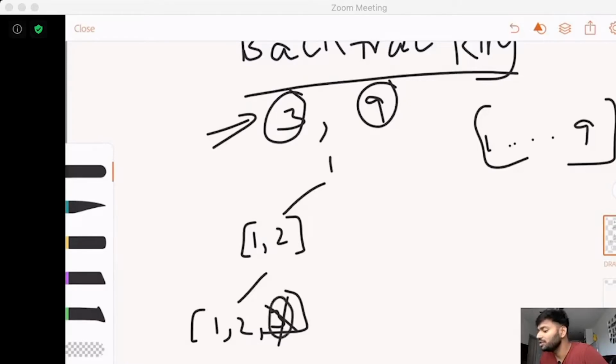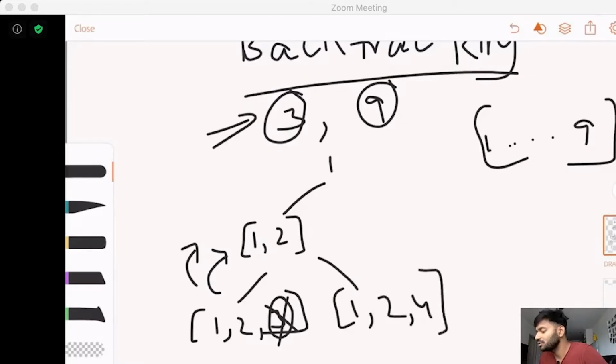You remove 3, because you want to put another number here which will actually add up to 9. 3 does not add up. So in this call stack you added 3 and called backtrack again, and since this is not adding up, you remove it. This is why we call it backtrack: the call where you added number 3 is not working out for you, so you backtrack and explore another option, which is 1, 2 and 4, say for example. This also does not add up.